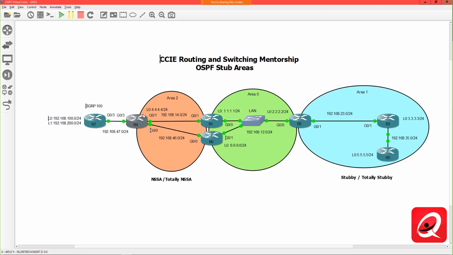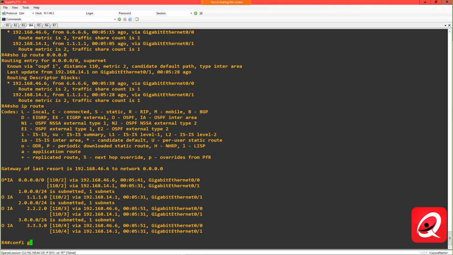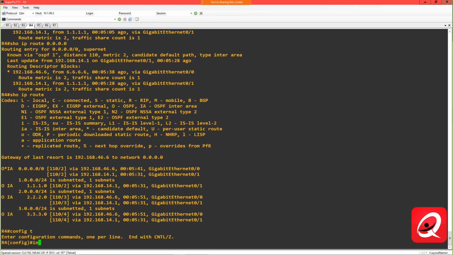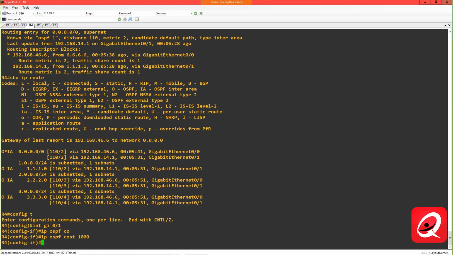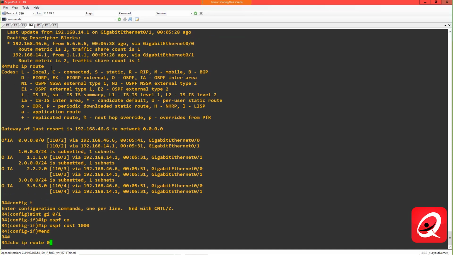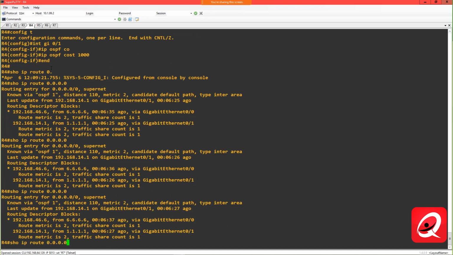So I'm not advertising a cost to that destination. I need to calculate the cost to that destination. So I need to change Gi0/1 on router 4. All right. Config T, interface Gi0/1, IP OSPF cost 1,000. So IP route 0.0.0.0, and